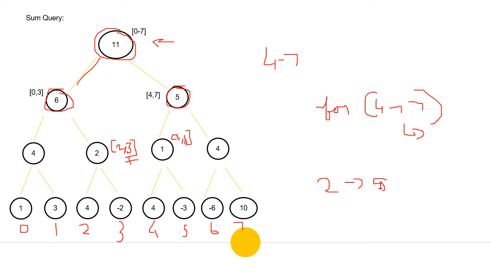And let's take another example. We have to find the sum from the 0th index to the second index. So what we do here is that we use this node and this node, and we can sum them to get the answer. So in this way we can efficiently use these second level and third level nodes, higher level nodes, to get the output, I mean the range query, in a much faster way.